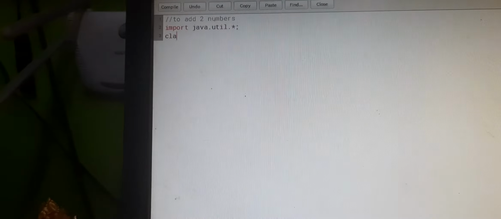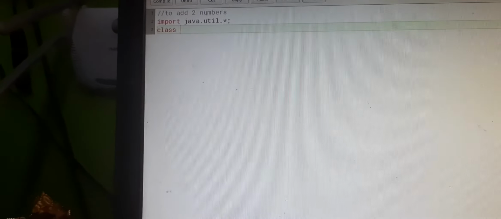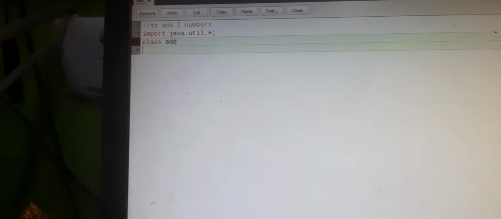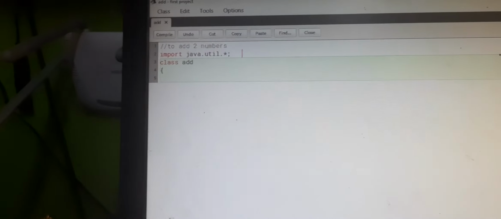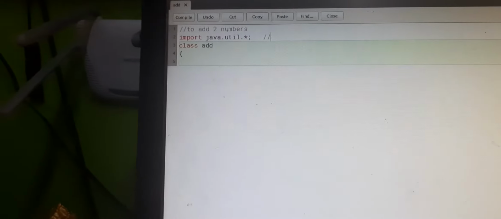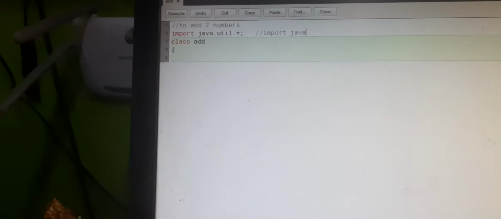Then we have to go on class, and the class name here is add. Now beside this one you have to write the comments: import java packages.